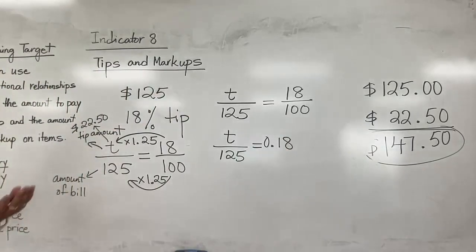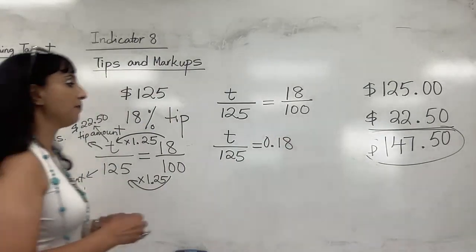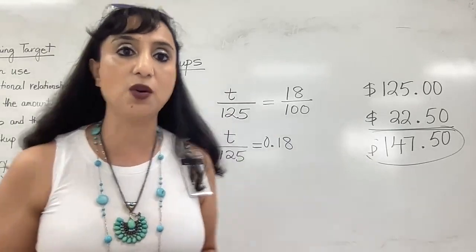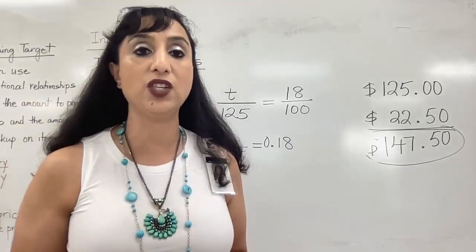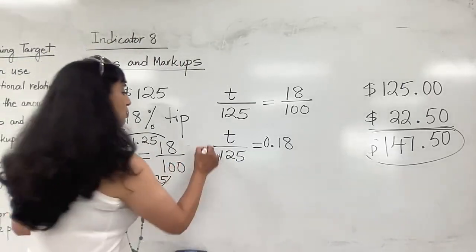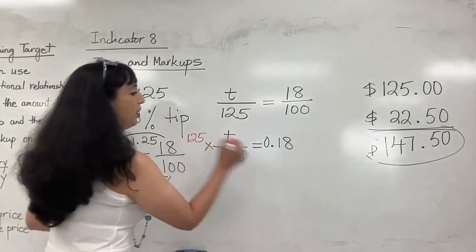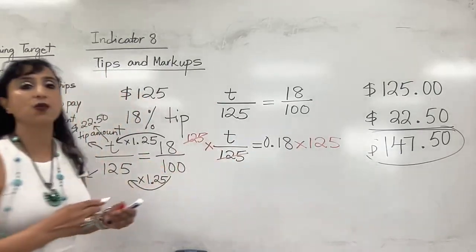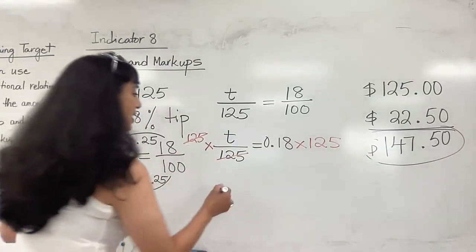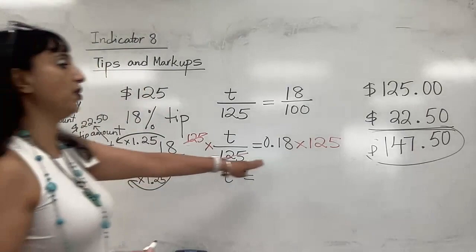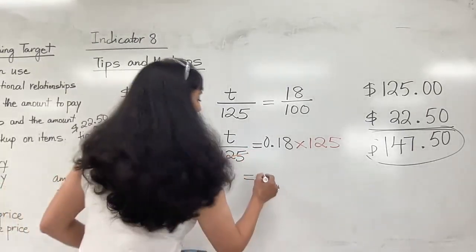And there is my equation, which is now a one-step equation. T divided by 125, the opposite of division is multiplication, so we are solving a one-step equation. Using the multiplication property of equality, I am going to multiply both sides by 125. And 125 divided by 125 is 1, and 1 times T is T. And when I multiply 0.18 times 125,